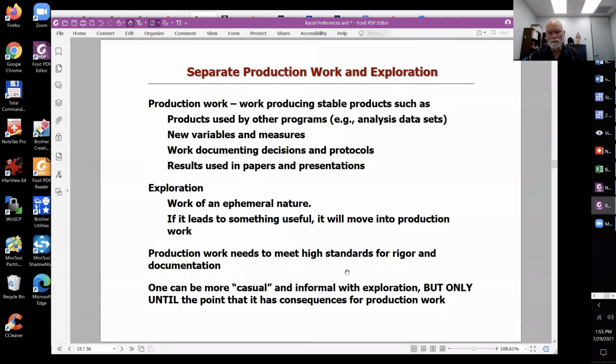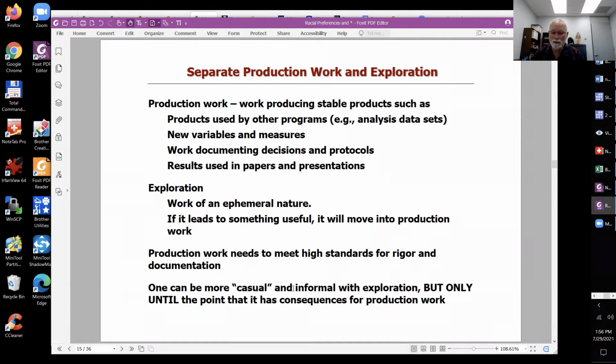This work is very ephemeral. It's perfectly legitimate. It's conducted informally, and it may well be crucial to you, guiding you to the analysis you're ultimately going to do. But you can't get away with this casual, informal work